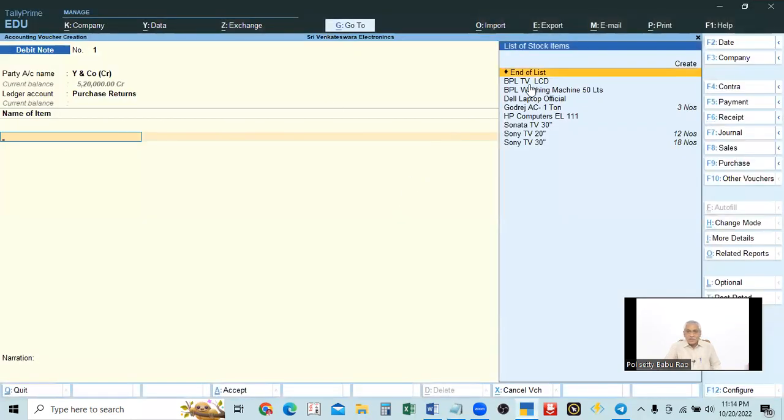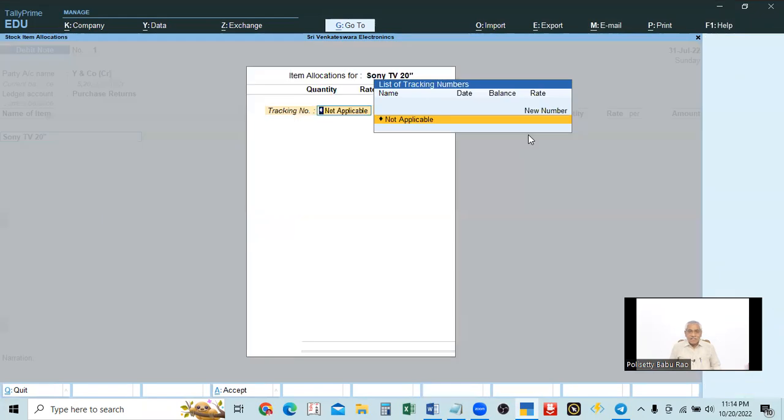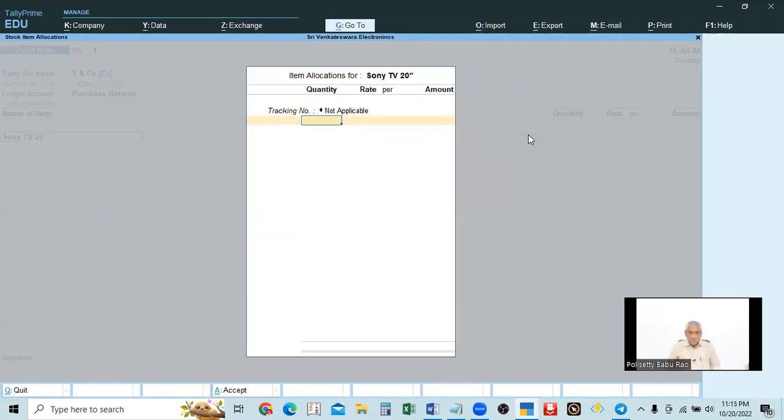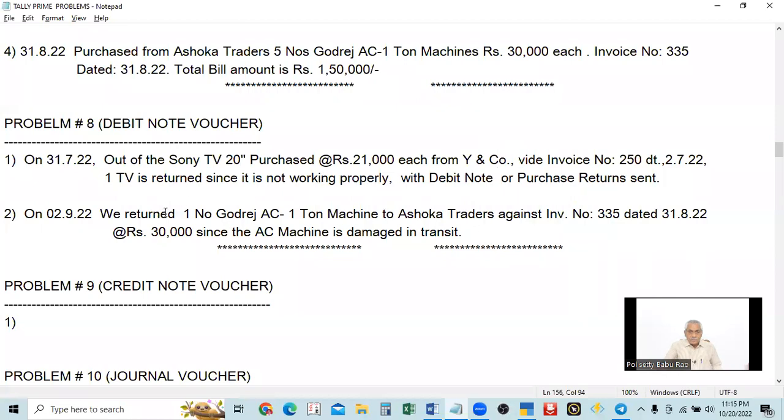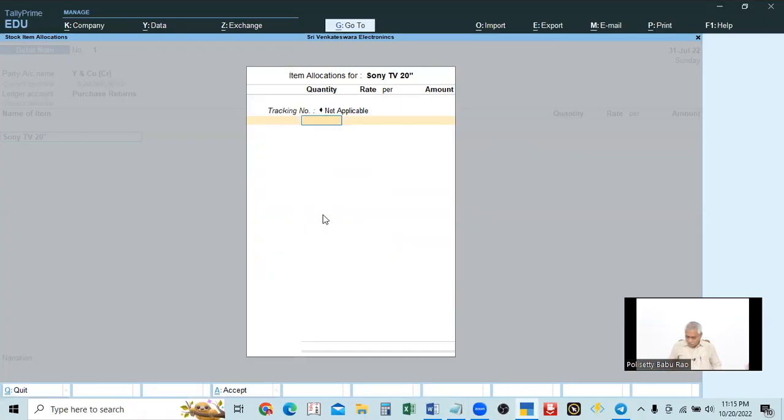We have to go to the Sony TV 20 inches. Here I will make an adjustment, because we can make it directly. We can enter here. That I will do in the next video, because it is already opened. I forgot to close it. Okay, now, one number